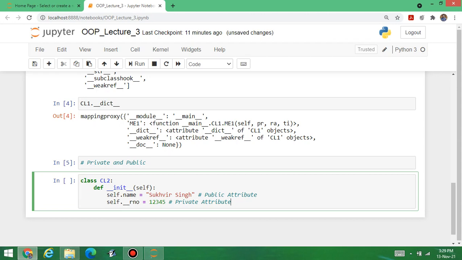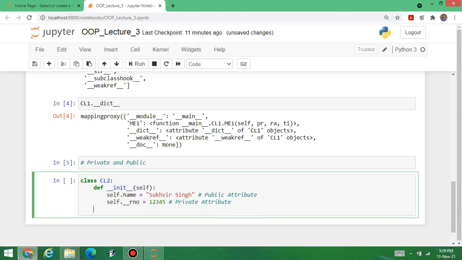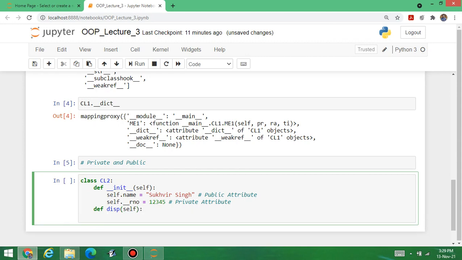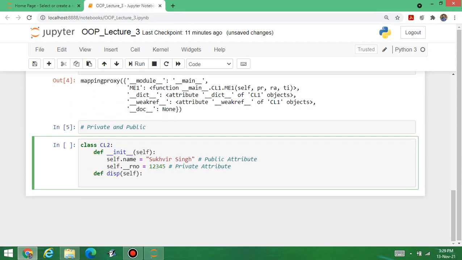One is public, second is private. After that, one method, define display. I am passing self here. Then print, suppose I am writing name here, name.